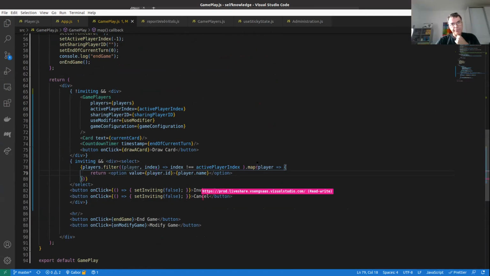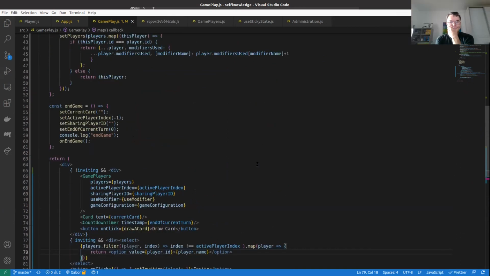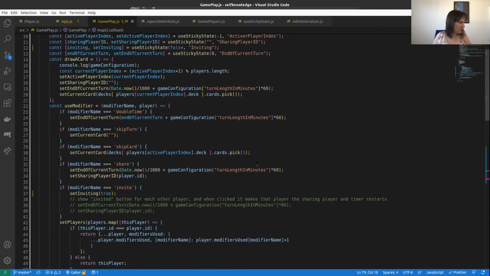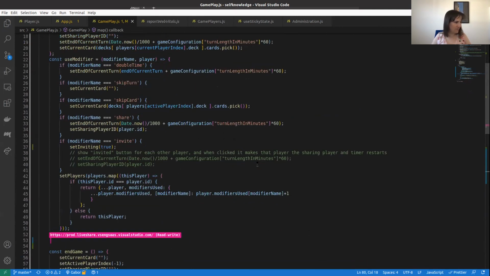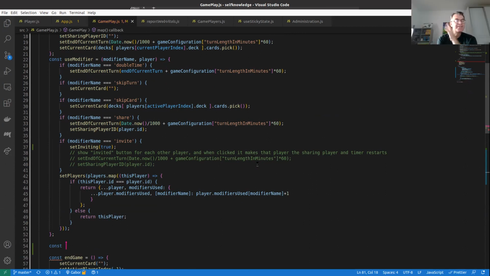Yeah. So for now let's comment this out. It's going to be useful later on. Okay. Let's first focus on this logic. And that logic should actually be a new function, right? So we have const. Okay, so now we have this set inviting, but I think what we really probably want there is some kind of a